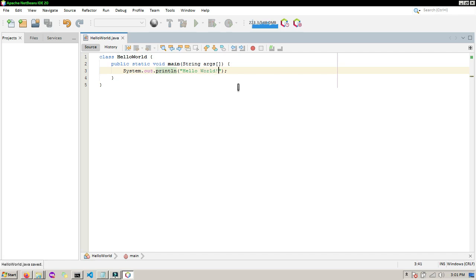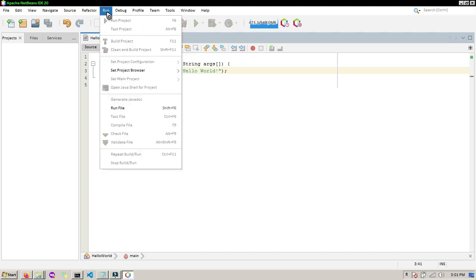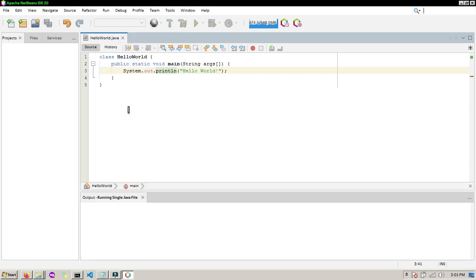Then save the program. Then let's run the file. And that's it. You have the first program, Hello World. This is how we get started in Java programming.